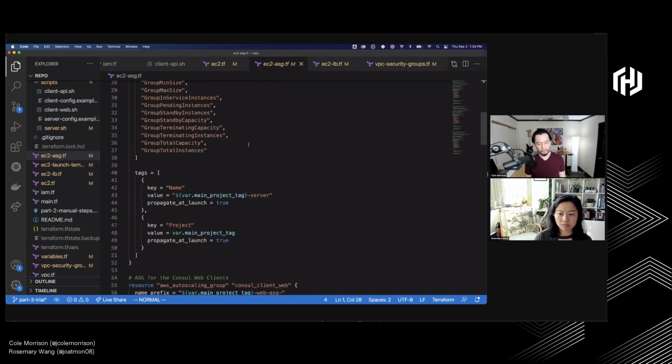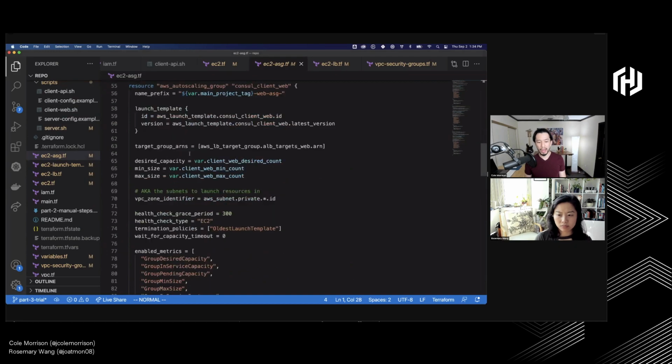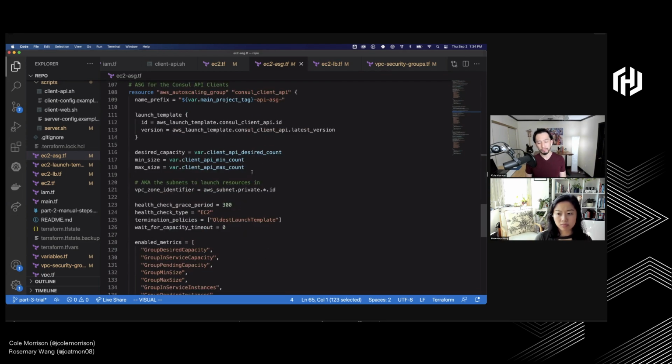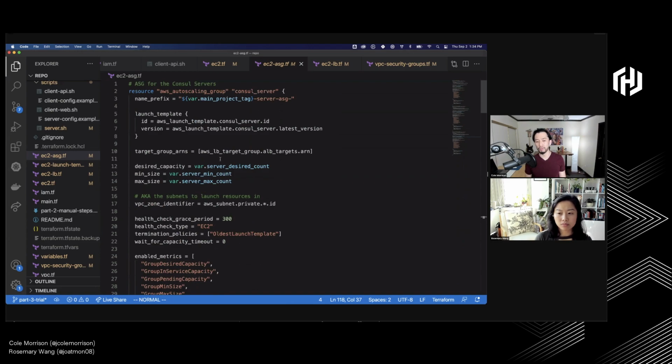Now, if you're recalling from the last stream, well, Cole and Rosemary, you only had one API and one web last time. That doesn't look scaled. You're right, it hasn't, because we haven't increased the count yet. We've just set that to 1 because we're going to deal with that partially on the stream. But what we have done is set the Consul servers to begin with 3 instead of just 1. And that actually, depending upon what Rosemary believes here, was a large pepcac by myself, because